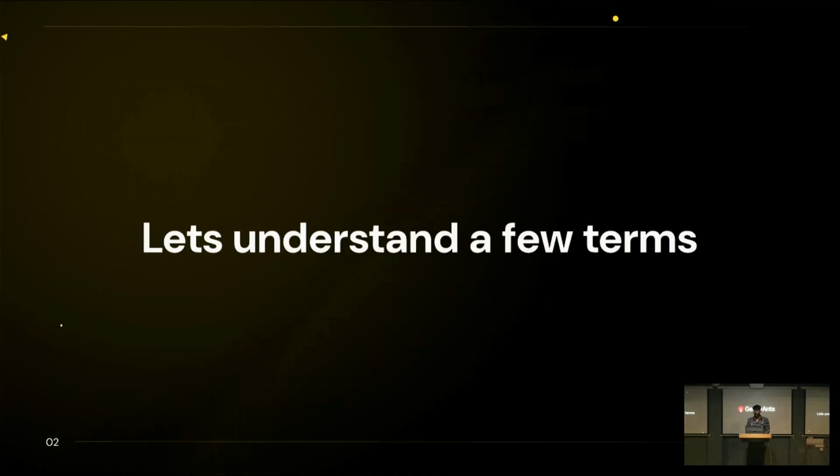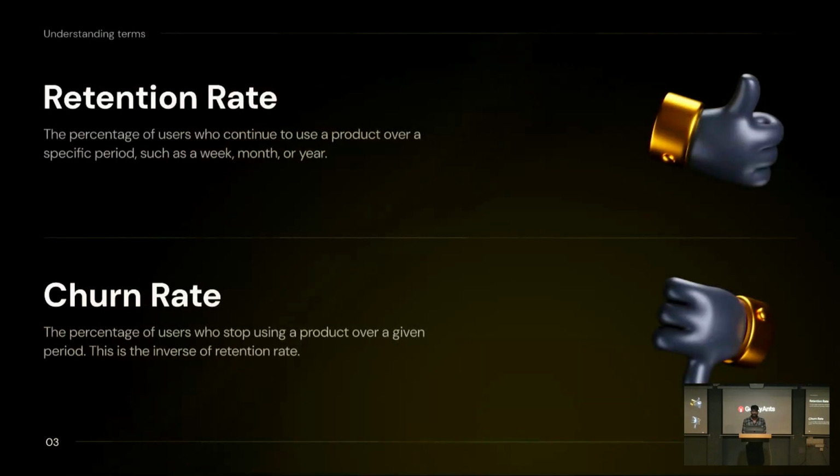Okay. Before we can actually get into the presentation, we might want to understand a few key terminologies. Those key terminologies are retention rate. So what is a retention rate? Retention rate is basically the percentage of users who use your product over a period of time. What does that mean? Let's say that you own an e-commerce application, and a lot of users are